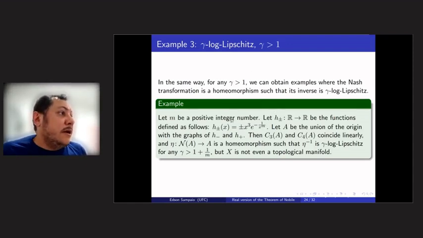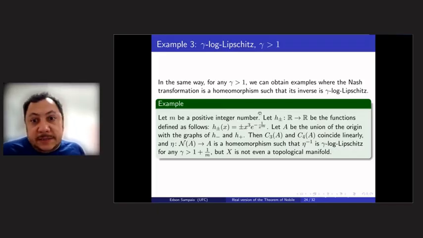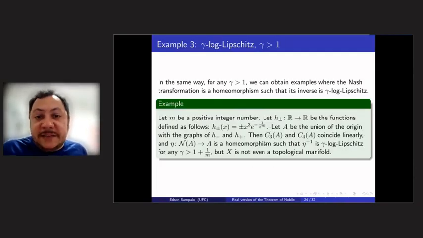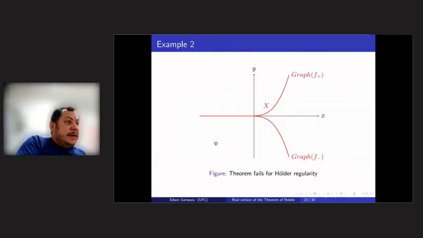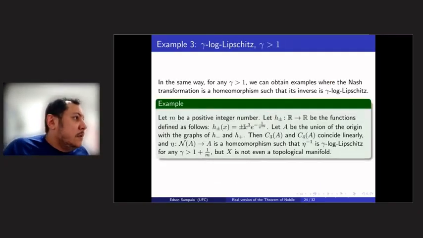For any gamma, I could find examples where the Nash mapping is gamma log Lipschitz, and the set is not C1 smooth. In fact, the set is not a topological manifold. The graph is more or less the same. I did not put the picture, but the picture is very similar to this one. The difference is because the tangent here is even higher. Here, the tangent in this example is even higher